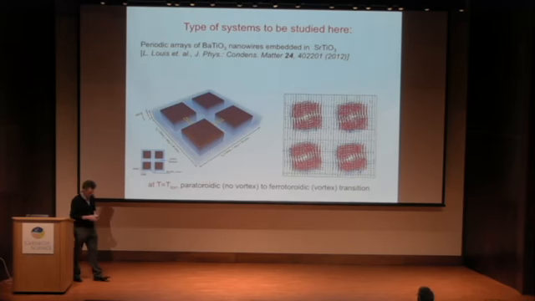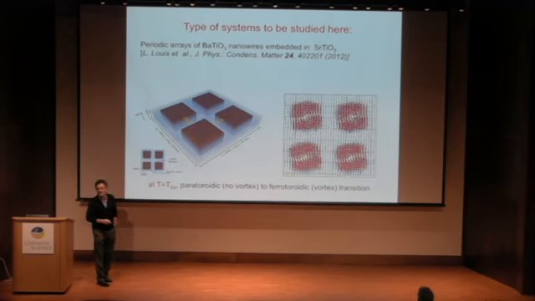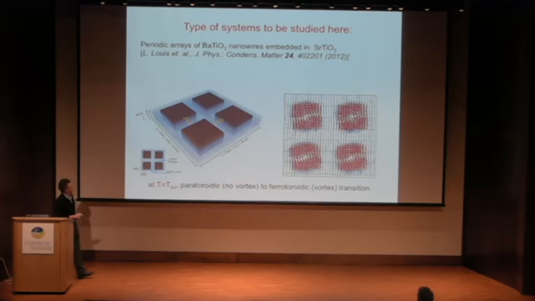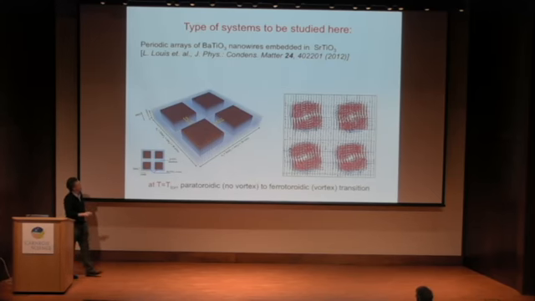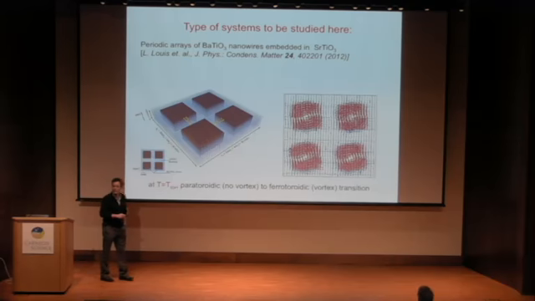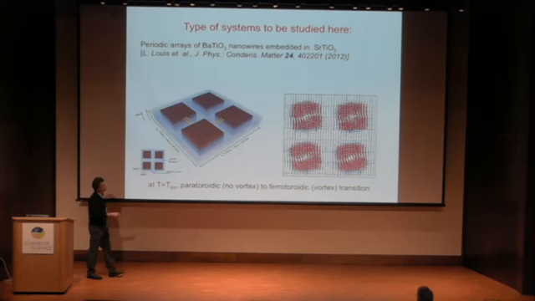And for that, we are going to consider a very specific type of system, not BFO, but something else. And why do we consider that, and what are they first? They are basically bismuth titanate nanowires, indicated here, embedded in a strontium titanate matrix. The reason we consider this kind of nanostructure is that below a certain temperature, that we are going to call T-tor today, you have the formation of electrical vortices. So above this transition, no vortex. Below this transition, there is a vortex forming.